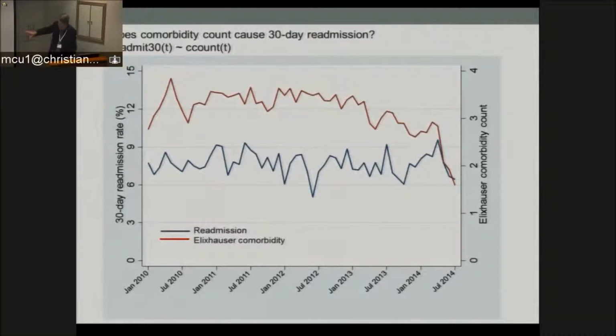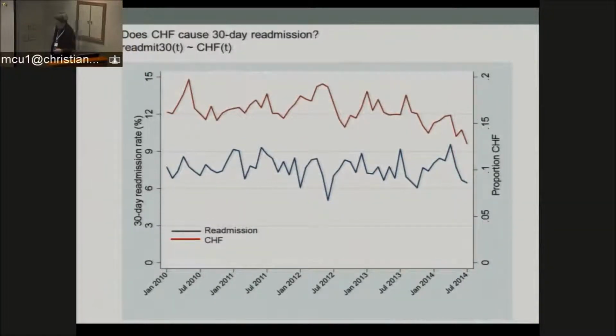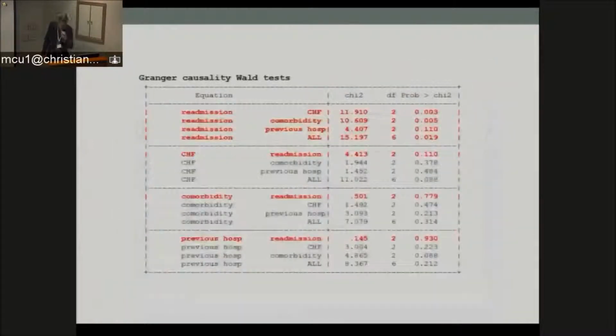But anyway, I'm going to look at whether the comorbidities cause readmission or readmission causes comorbidities. And another one I could look at is congestive heart failure, same sort of thing. So there's just a plot of the two series. And so when I do my test,